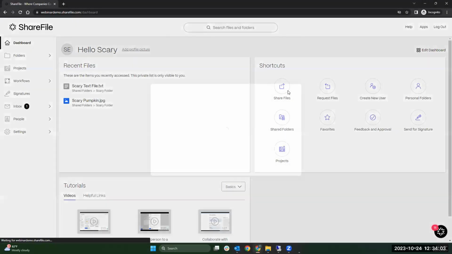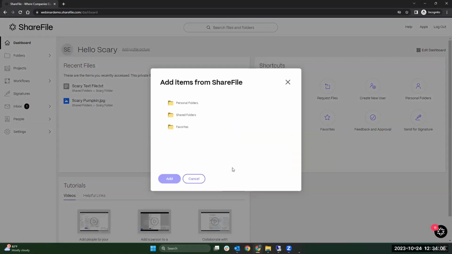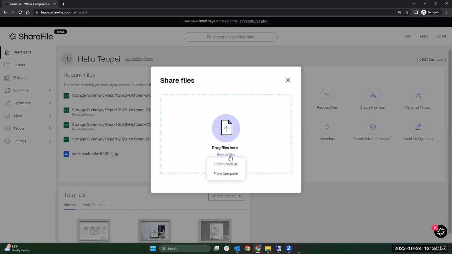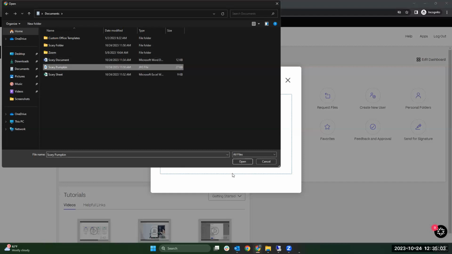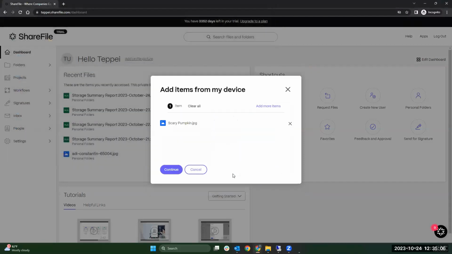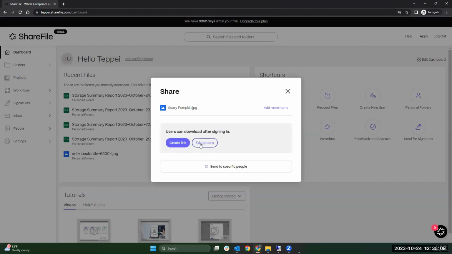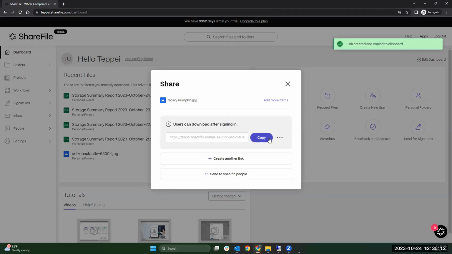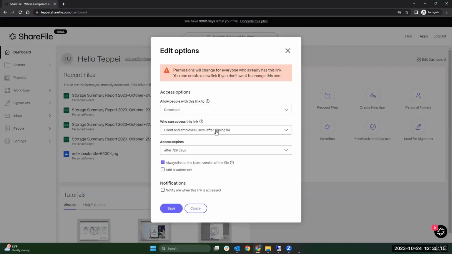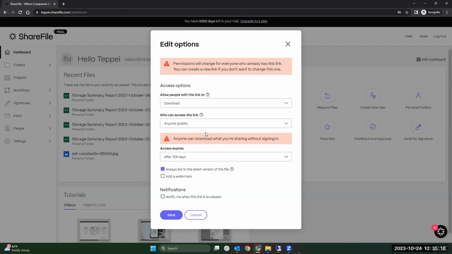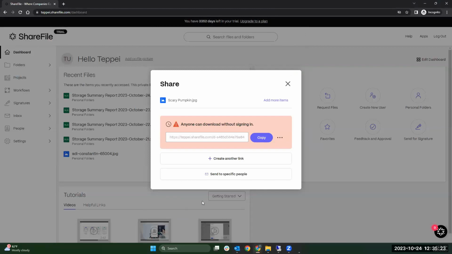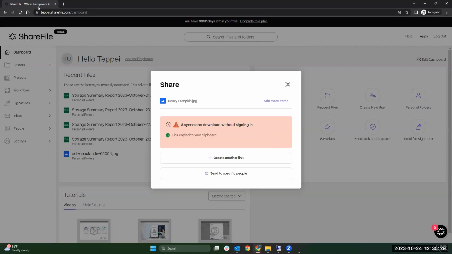Now, this account, we have anonymous access disabled. So let me go to my other ShareFile account then. I can, again, upload a file. And then when I create the link, let's see, I'll make it a public link. Set an expiration date for, let's say, 30 days. And it tells you anyone can download without signing in. So now, if I copy this,